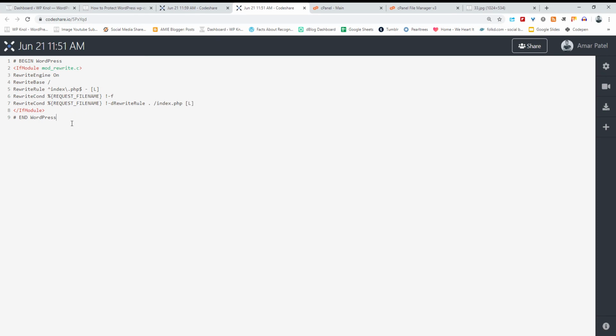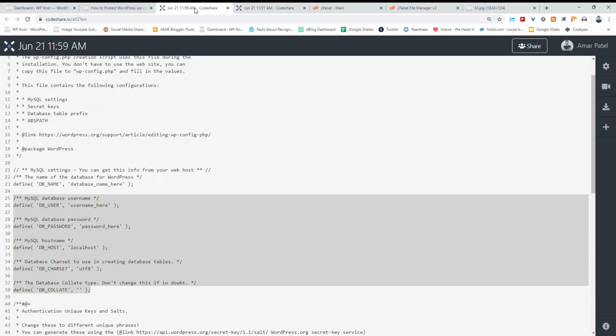The .htaccess file directly communicates with the server and is executed by the server. It contains many instructions about which tasks the server has to execute and which it does not have to execute.